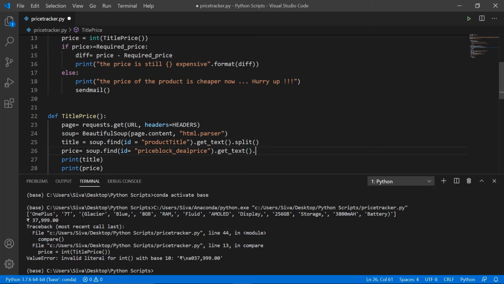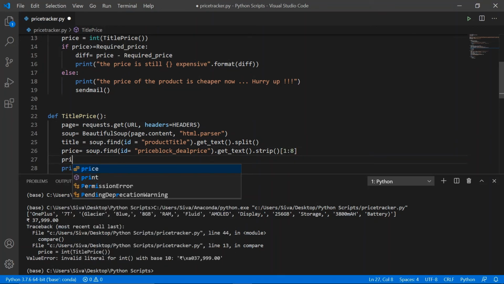Let me strip this also, because here we have the rupee symbol. If you observed carefully, we are getting the rupee symbol too, which we don't want, and the comma which is separating the values, we don't want that too. I'm creating another variable called price.